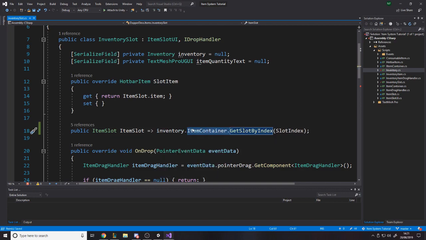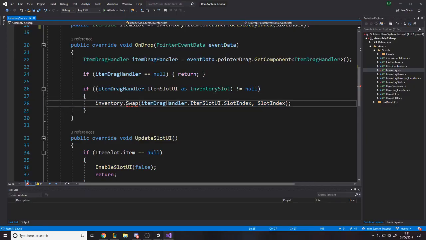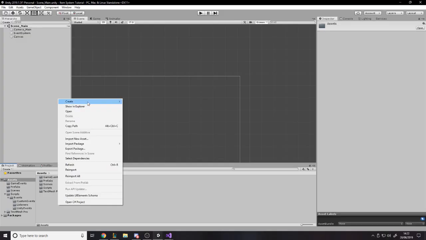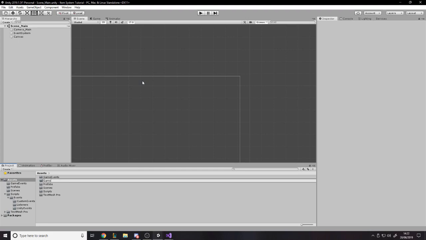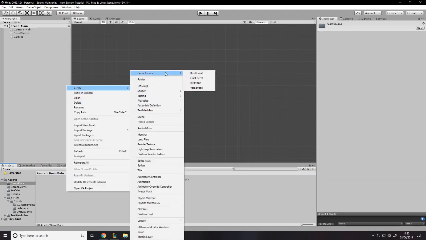And obviously we want to go put that in the other spot that we get the error, which is just inventory.item container dot swap. Now that it's happy with everything, we're going to create a folder. I'm going to call it game data, and I'm going to go inside here and put in a